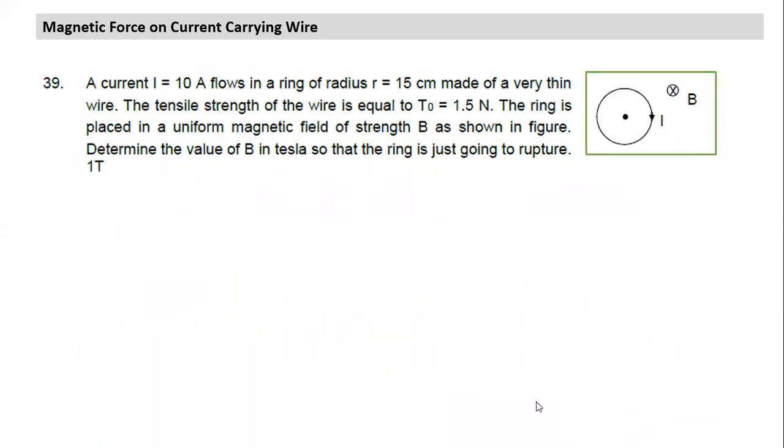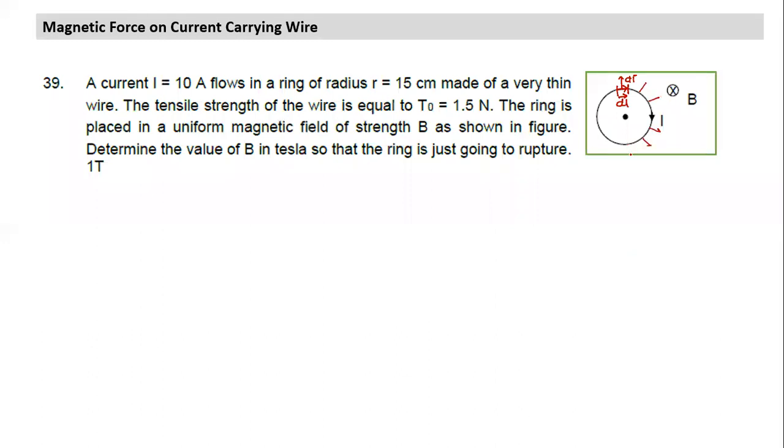Again, please read the question and see how you would solve it. I have dealt with this kind of question. In this case also, if we take a small element dl, which direction is the dl vector? The dl vector is towards the right. Can I find the direction of force? Again, by the right hand thumb rule, I can easily find that the force df will be outwards. So every element is being pushed outwards.